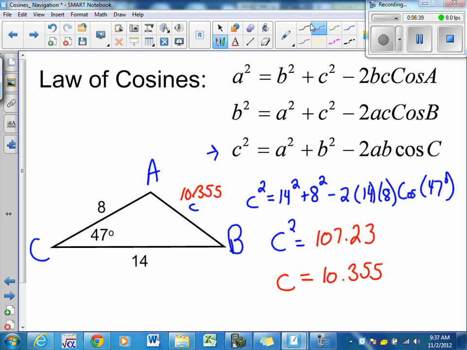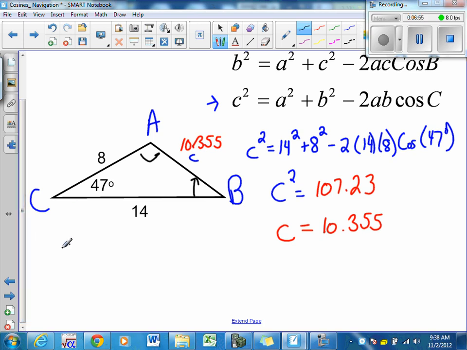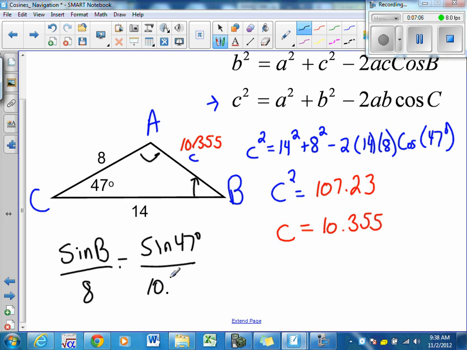Now that we have used the law of cosines to find that side, we really don't have to use law of cosines again. If I want to find these two angles to solve the triangle, at this point it'd be much easier to go to law of sines and do the sine of B over 8 equals the sine of 47 over 10.355, and now do that like we did